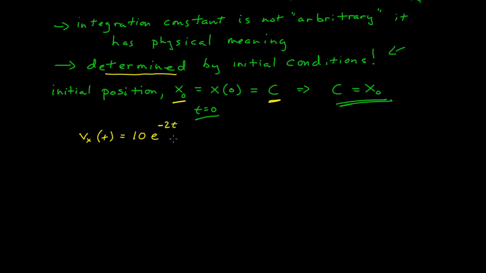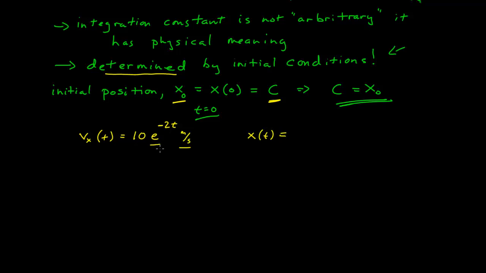It's 10 e to the minus 2t. And sometimes, if it's not important, I'm skipping the units, but we have velocity. We know that this is in units of meters per second. So if I want to know the position, I have to do the antiderivative